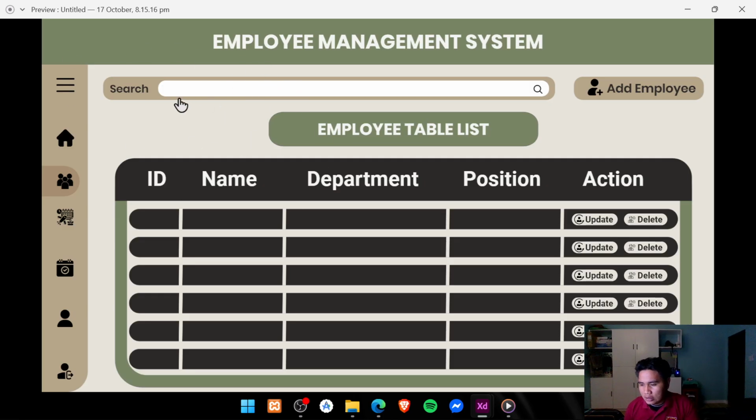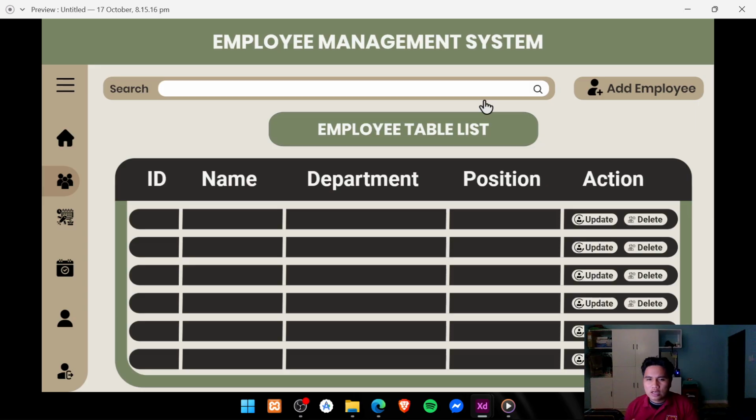Another thing is the search button. In this part, I've added a design instead of a plain search button only. I've also copied the design of the button of his add employee, but I've added an icon to the button.